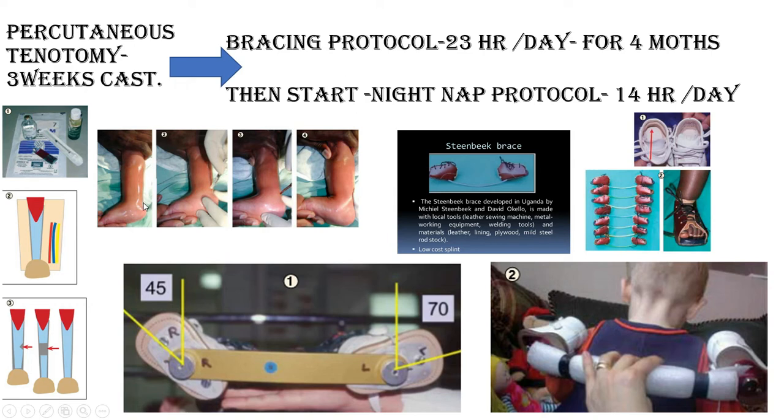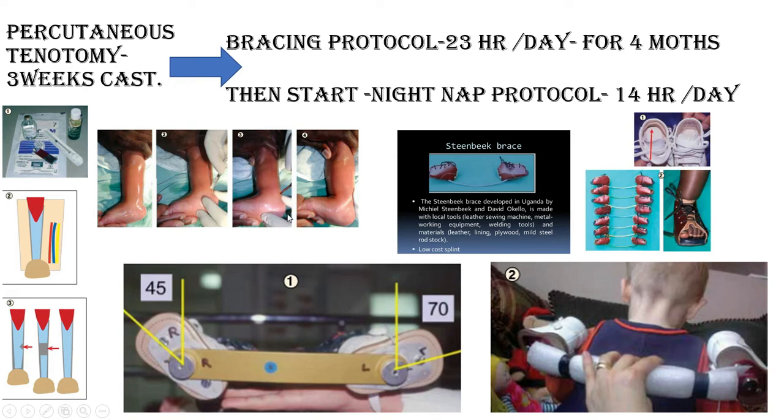enter at the insertion of the tendo Achilles and just cut from medial to lateral, not lateral to medial, because there is a neurovascular structure, nerve, artery, vein, in the medial aspect. So if we put the knife from the lateral aspect and run through to the medial aspect, then there will be a chance of neurovascular injury. So put the blade or the tip of the needle through this, and you will cut in a lateral direction, then it will help to prevent neurovascular injury. This is called percutaneous tenotomy.